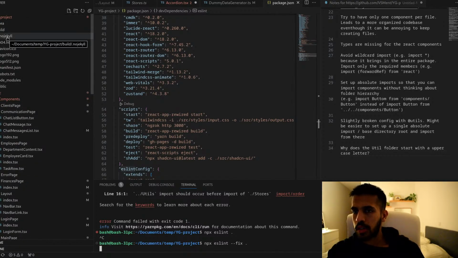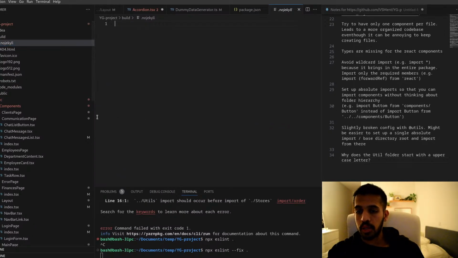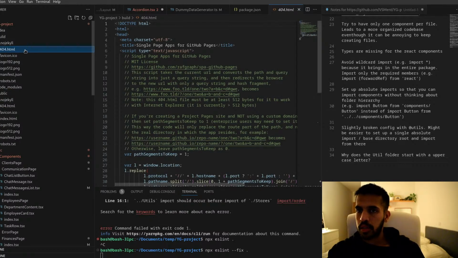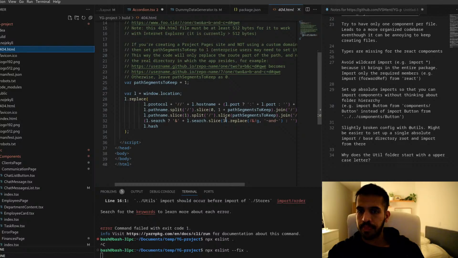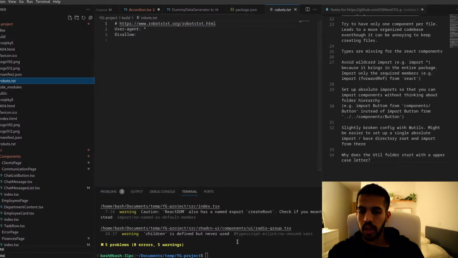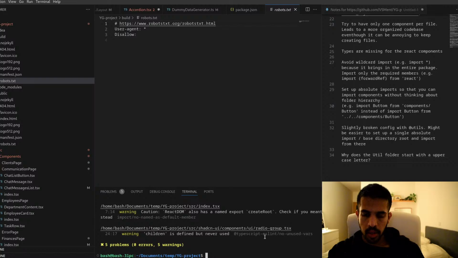No Jekyll. No, it's empty. So it's something in public. Yeah, there's a 404 page. There are some icons. These are the basic CRA icons. I think that should have fixed the problems.